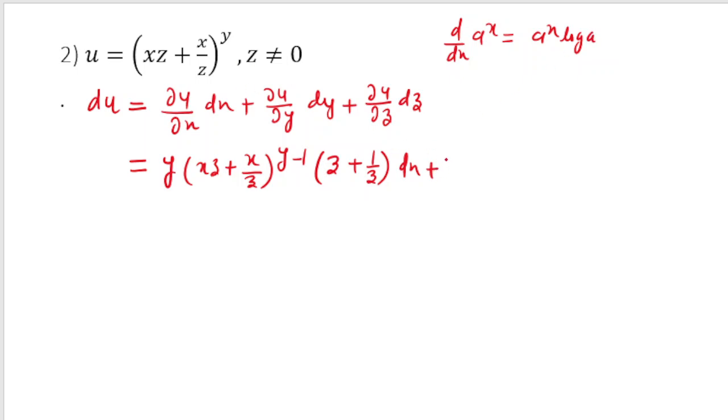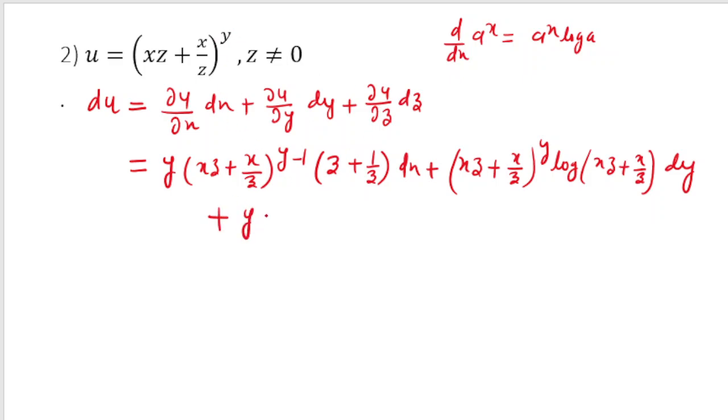So here with respect to y, I will get a to the power y, means this thing, xz plus x by z to the power y, then log a means log of xz plus x by z, since I am differentiating it with respect to y, and here there is no term of y, so this is what it will be, and here I will write dy,